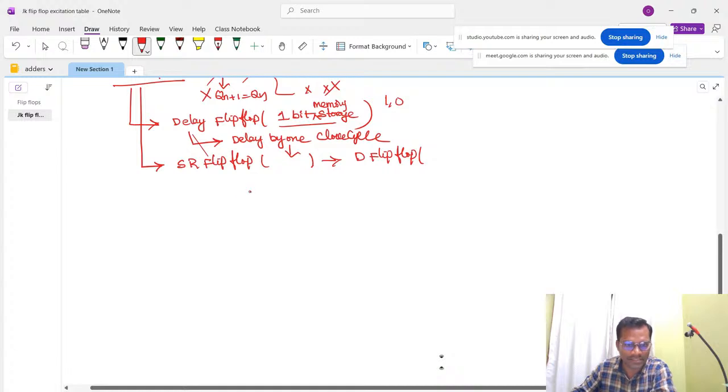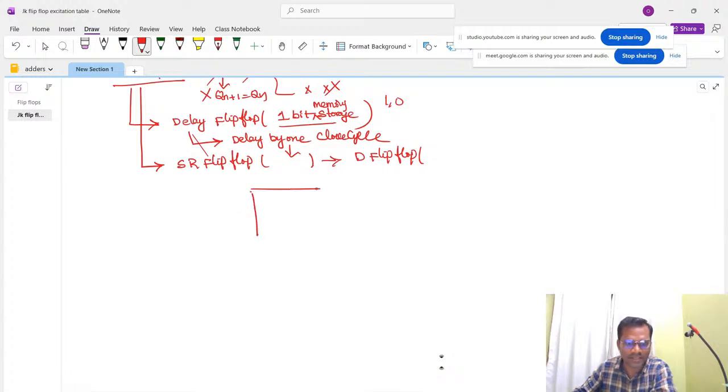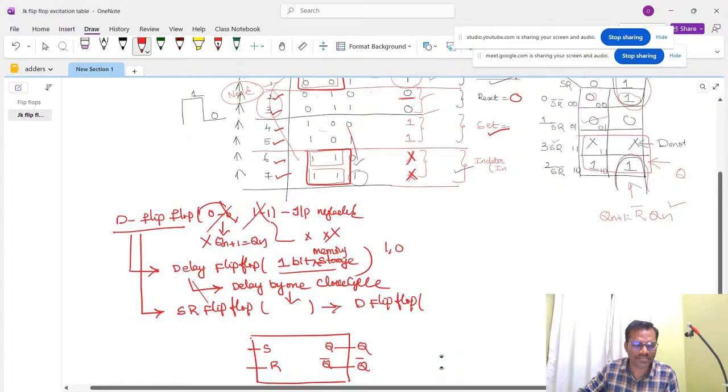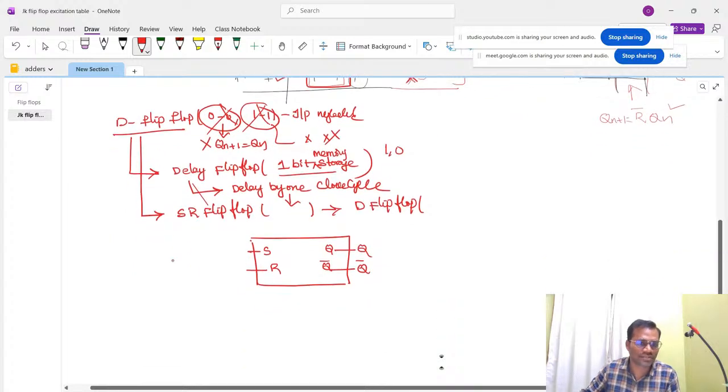Let us try to draw a small block diagram of an SR flip flop. What are the inputs of an SR flip flop? One is S, another one is R, and the outputs of a flip flop are Q and Q bar. So I don't want both the inputs to be 0, and I don't want both the inputs to be 1. Therefore I'm going to define an input D, and D is directly